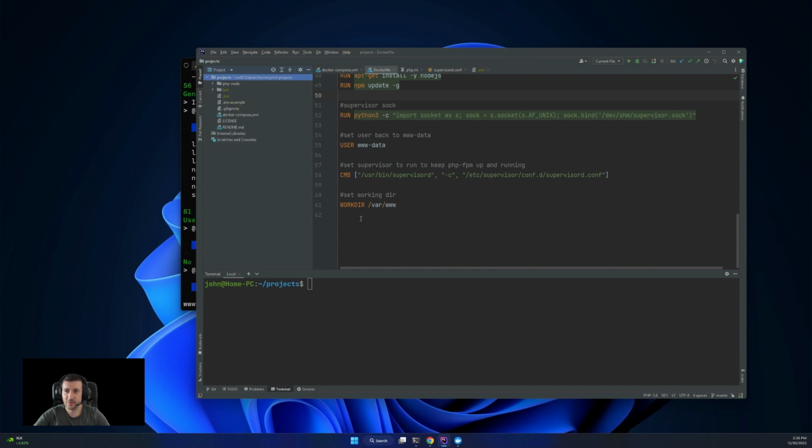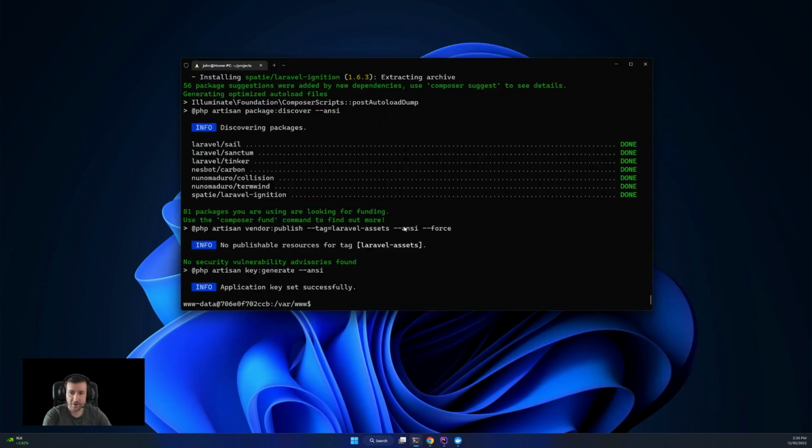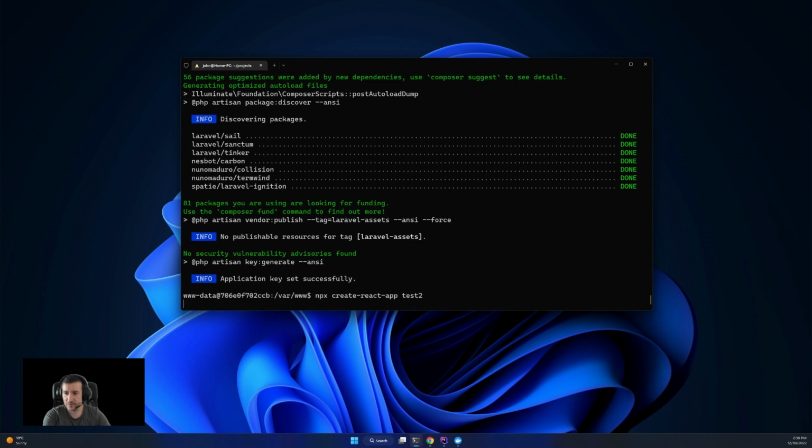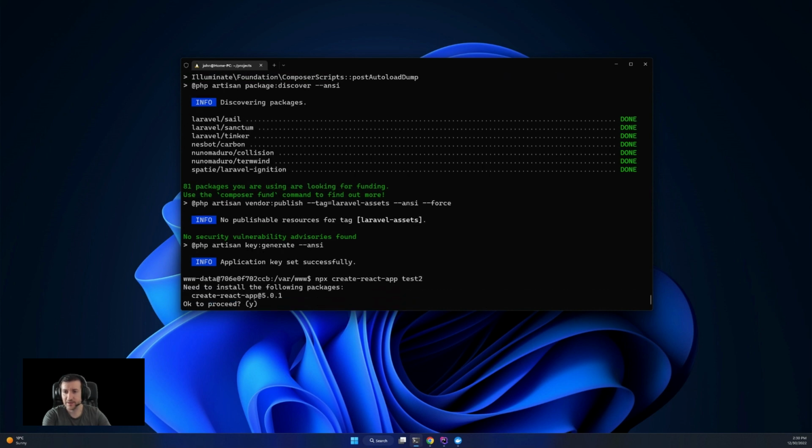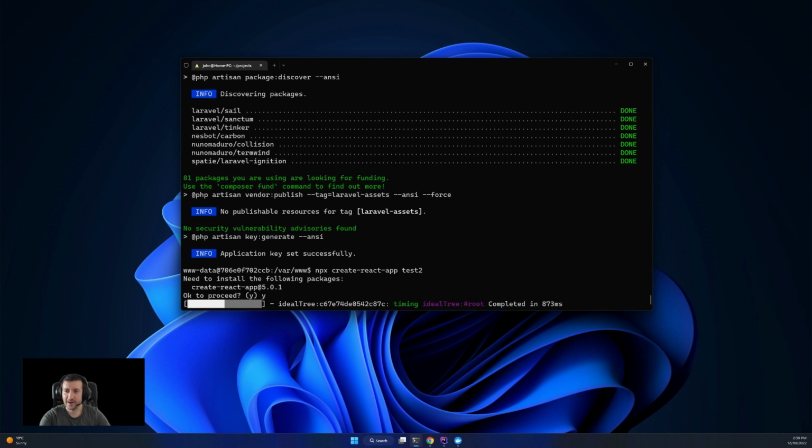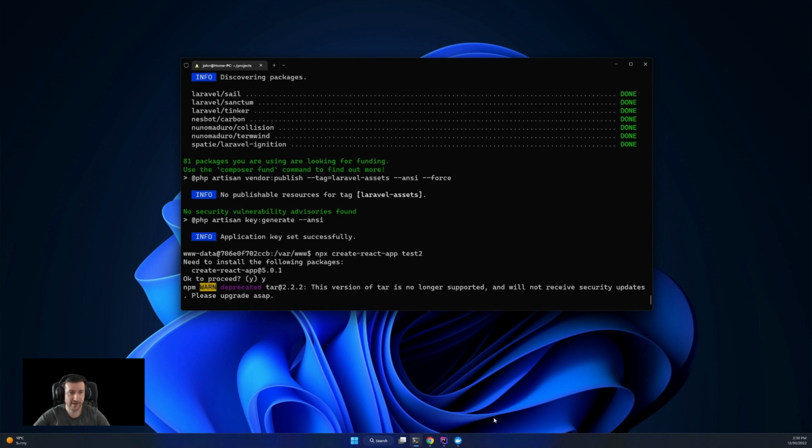And from here, I can create a new Docker Compose and Docker setup for that project, and start a Laravel project. Or if I want to create a React app, for example, we can do npx create-react-app, and then I don't know, test2, and we create a React app and start from there.